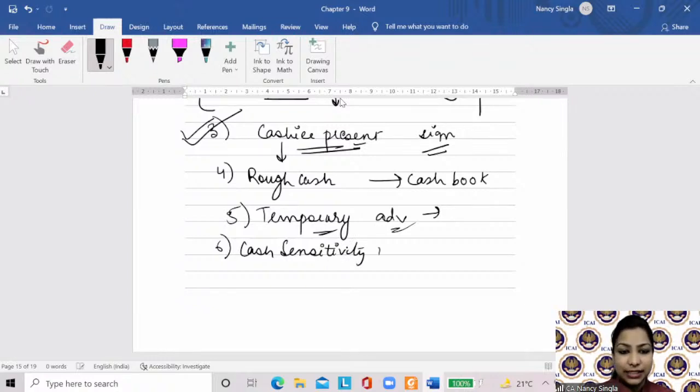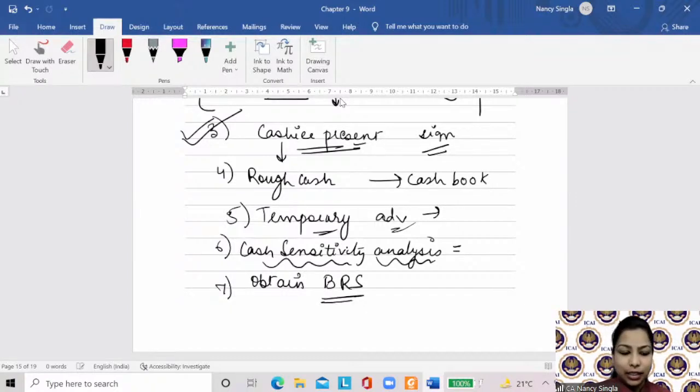What is cash sensitivity analysis? By the name it appears to be something technical, but it is nothing. You need to compile all the cash receipts and all the cash payments on every month basis. Okay, how much cash receipts came, how much cash payments came in every month. Look at the trend, whether the trend is fine or not, it is usual or is there any unusual variation. And if there is any unusual variation from the normal trend, ask the management to give you a brief description of why there has been anything unusual. Simple. And last but not the least, it says obtain BRS,